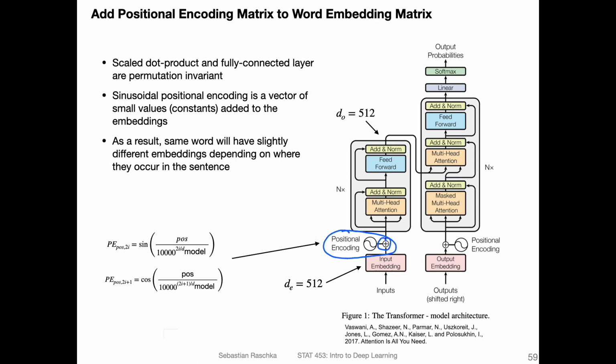So here it's about making the model behave slightly differently if the word is in different positions of the sentence. They have this notion of the sinusoidal positional encoding, which is added as a vector of small values to the word embedding vector. They're using a sine and cosine function here, and let's draw them somehow like this. They are not totally overlapping. They are a little bit